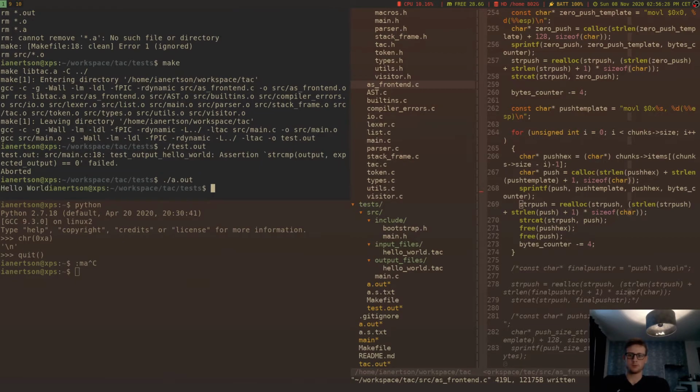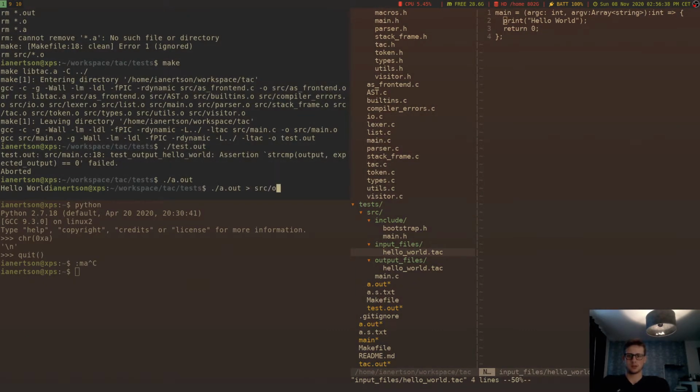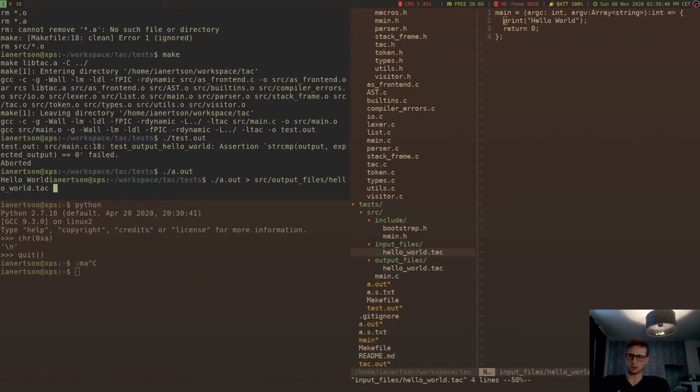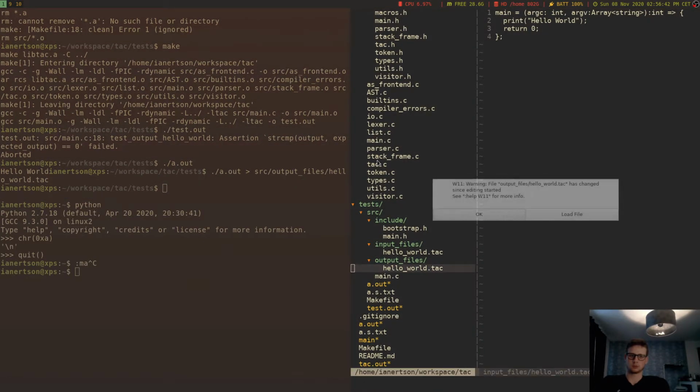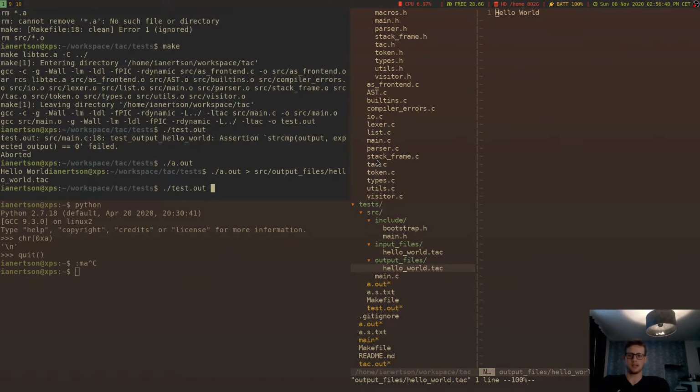So now if we do into source output files hello world, hopefully this will look better now, please. Yeah, thank you. And now if we run the test,